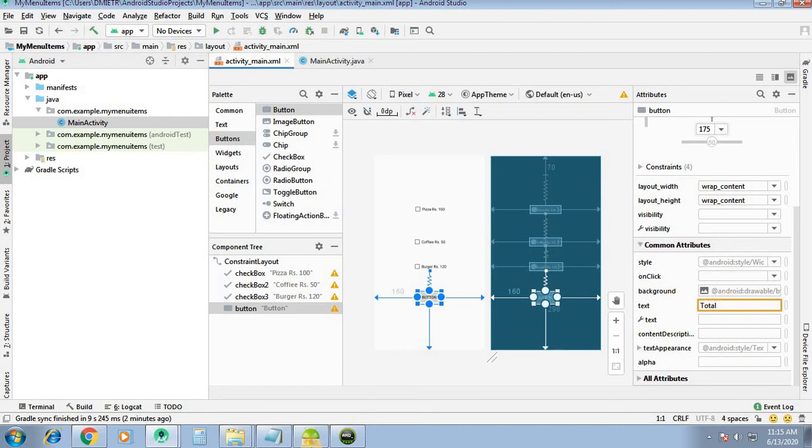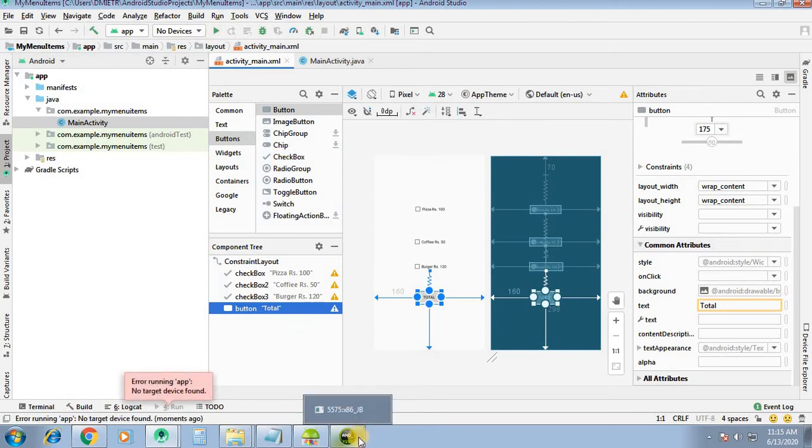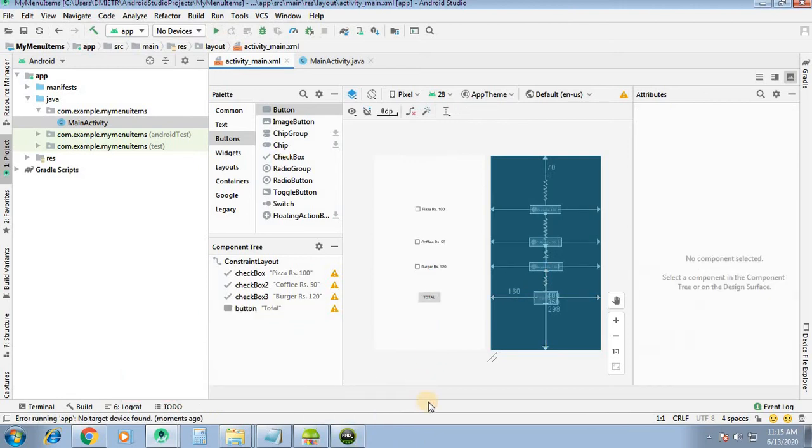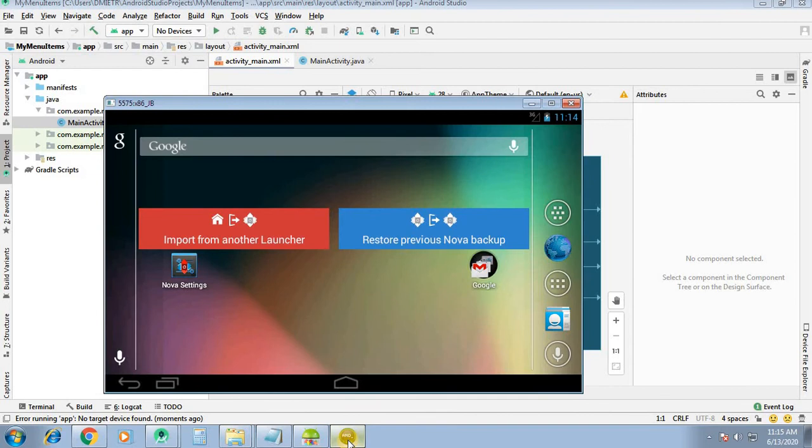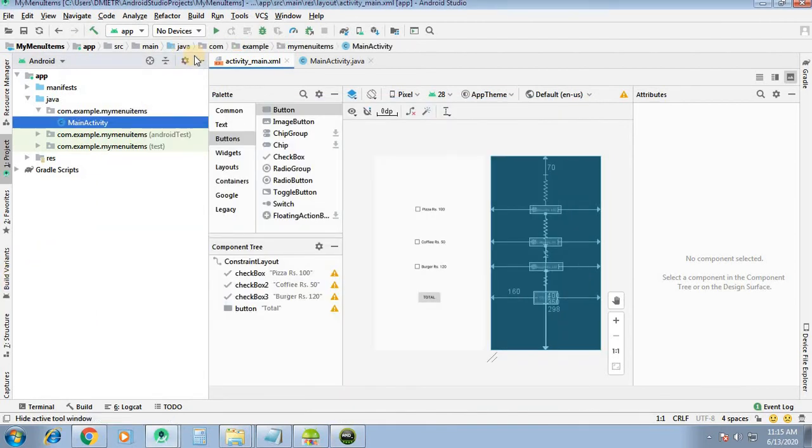So whatever total is there, we are going to display in a toast. Our emulator is ready now. Let us run this.